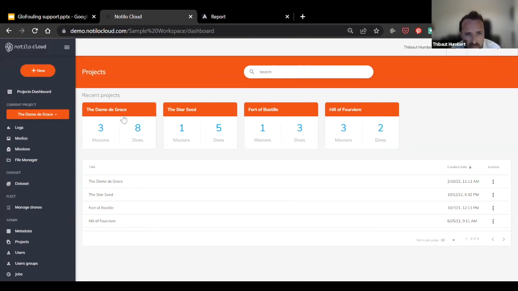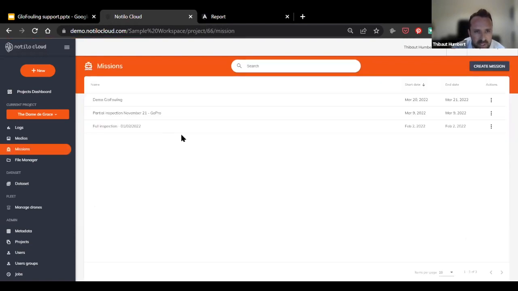So I have the Dame de Grace ship, the Star Seed, the Hill of Fourvière, and each of these ships might have different missions, different dives, but I have them all centralized in one space. Once the data arrives on my platform, I can create missions, I can create inspections, and then I can generate reports. So if I get into one of these ships, let's say Dame de Grace,